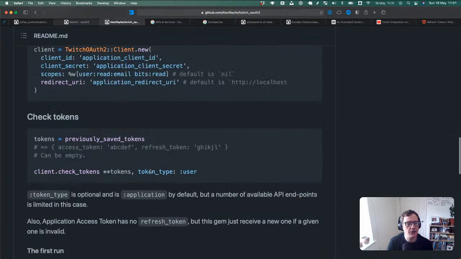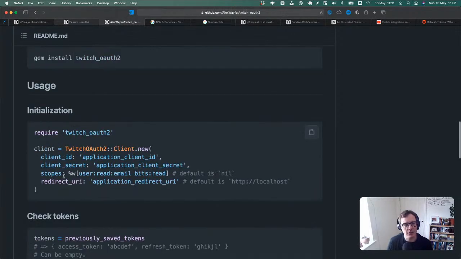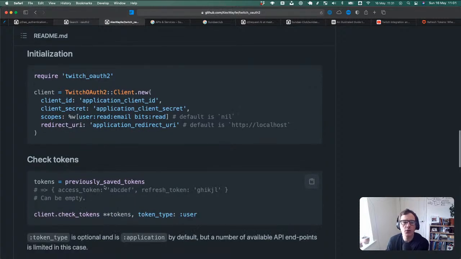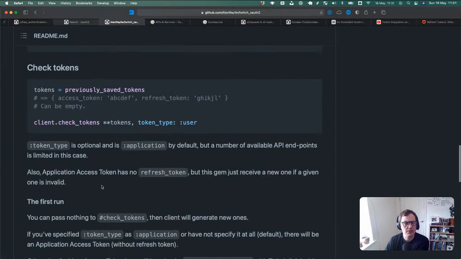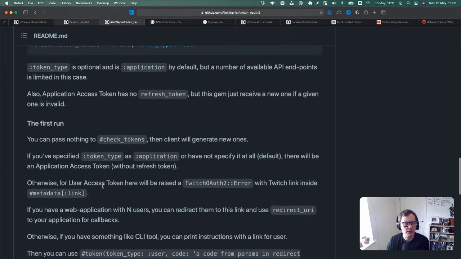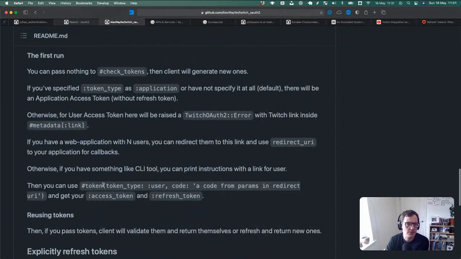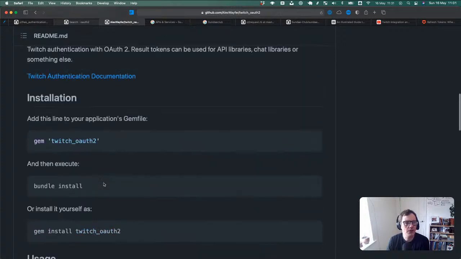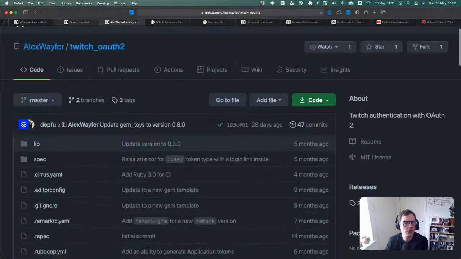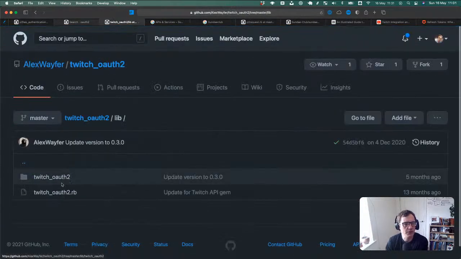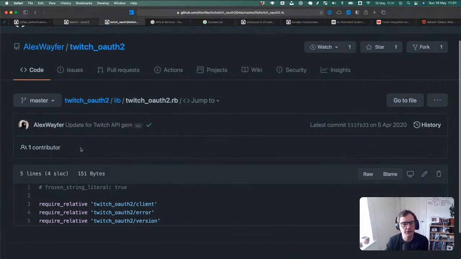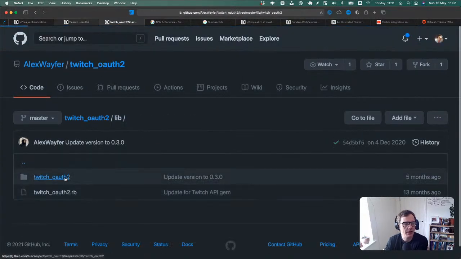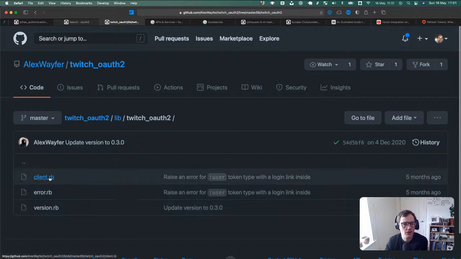Yeah, so this now is starting to look really familiar. So client ID, client secret, scopes, and the redirect URI. I'm assuming if you're in OAuth land all the time, I don't meet many people that seem to love working in OAuth land all the time. So I'm assuming there's some really strange behavior that's not too fun. But there's loads of stuff to look at in terms of other people doing the same thing. I find that really helpful, looking at how other people have approached the same thing.